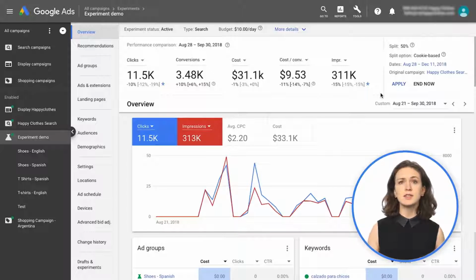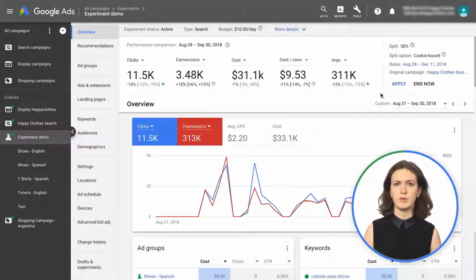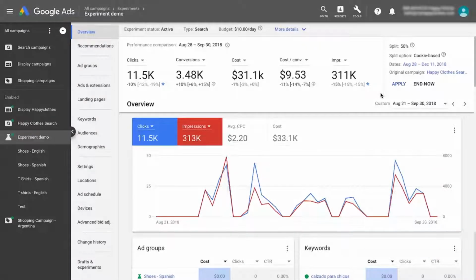We report statistical significance levels for all metrics via specific icons in the ad interface. When monitoring your experiment, it's best practice to focus on one metric to understand performance. When testing a bid strategy, the typical metrics to observe are conversion volume and average target CPA. For this experiment, we see that target CPA drove greater performance than manual CPC. Now remember, smart bidding needs time to learn, adjust, and perform better. Our recommendation is to wait at least 3 weeks to begin to understand the differences with auto bidding.